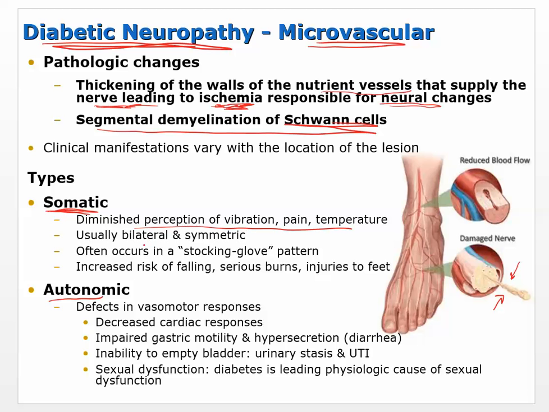This is what's going on in the feet, where it's a long way away and maybe blood flow is a little bit slower to begin with. It's usually bilateral, so it'll happen in both feet. And then it does progress to the other extremities, like the hands. So it often occurs in a stocking or glove pattern: you see numbness where you would normally have socks or gloves, and then it creeps up, and the socks get longer and longer. That's what that's referring to, which is pretty descriptive and makes sense.